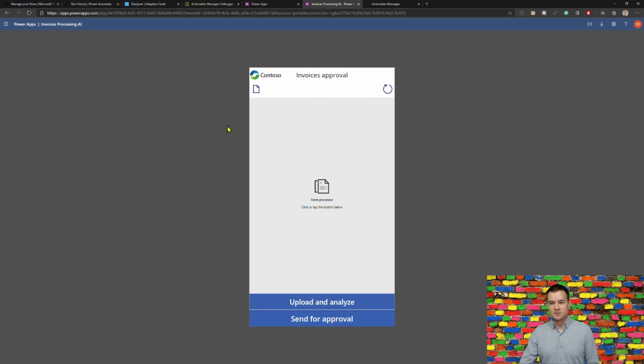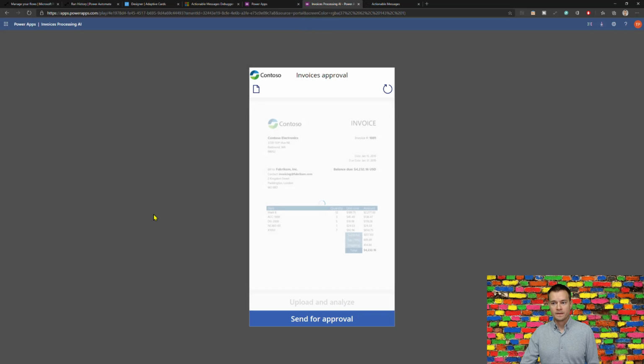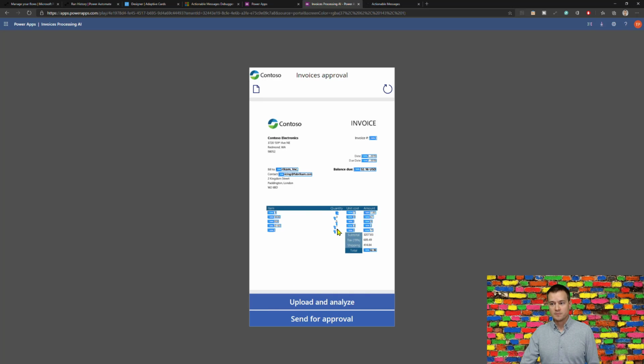So first I'll start from the scenario. I have this small application that is used to scan invoices. First I'll just upload a scanned invoice, maybe from Fabricant. And right now the AI Builder that is trained to identify fields on this template of the invoice is trying to do the job. So it has identified those fields. Now, once I hit send for approval,